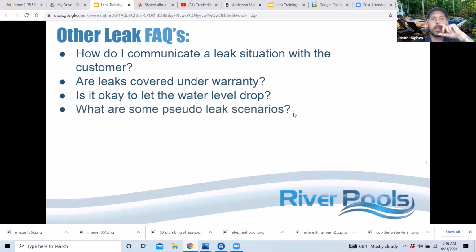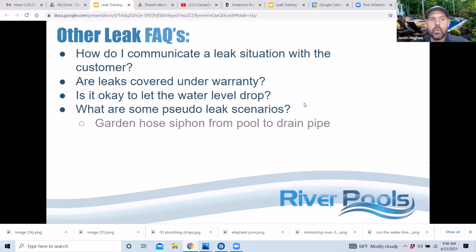So what are some pseudo leak scenarios? Some scenarios where you might think you have a leak, but you actually don't. Some things that have actually happened with us. We had one time where the pool,